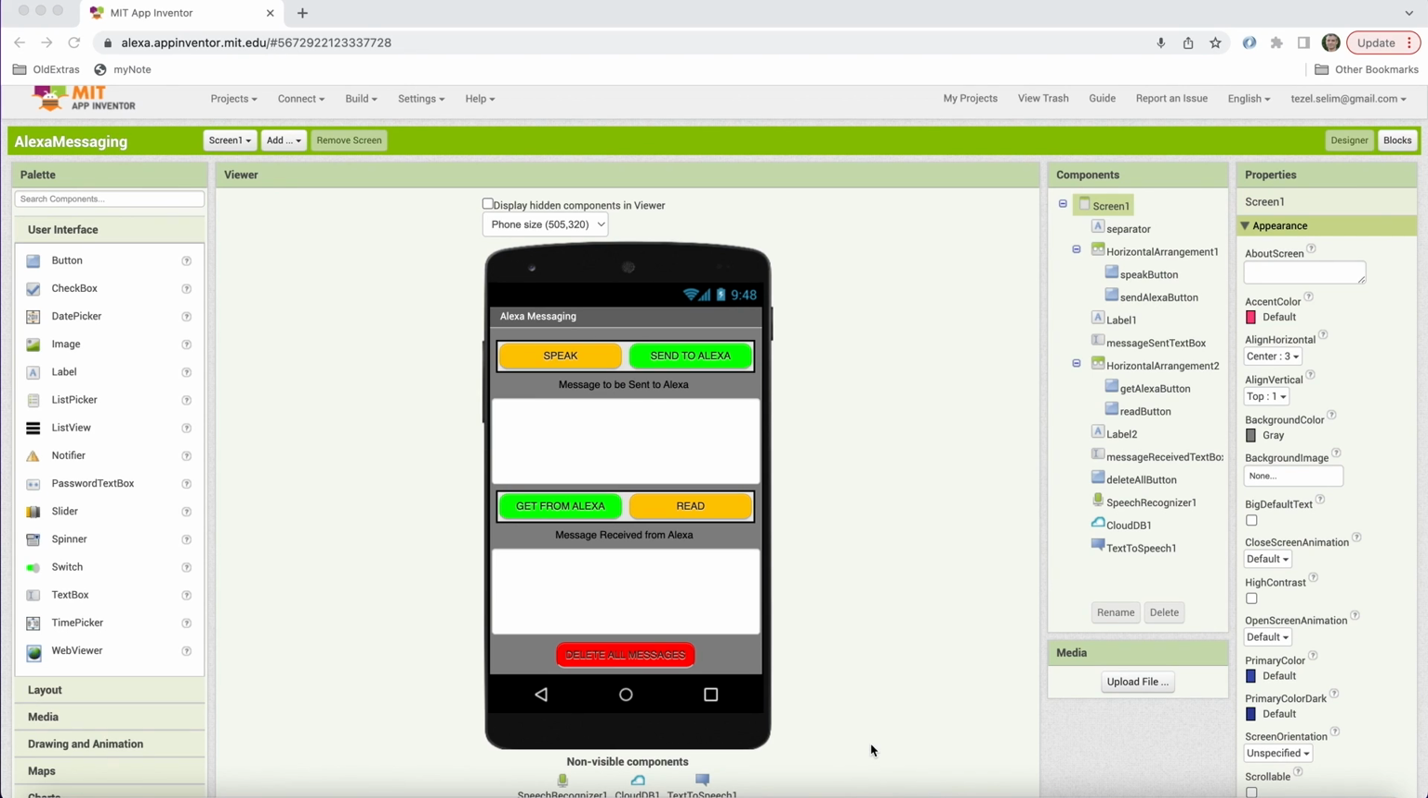Today we're going to be working with a fairly advanced tutorial called Alexa Messenger. The purpose of this tutorial is to show you how it is possible to integrate App Inventor's native mobile app building capabilities with App Inventor's Alexa interface. And what this app is going to achieve is a two-way communication system between a mobile app and an Alexa